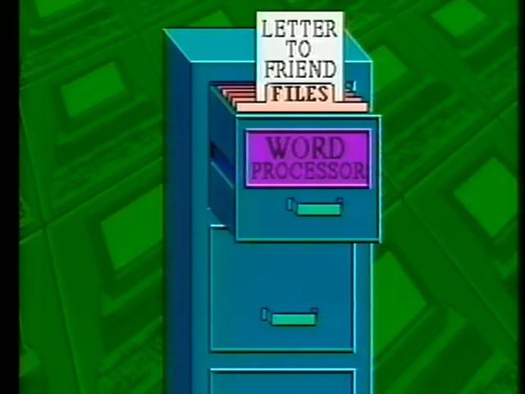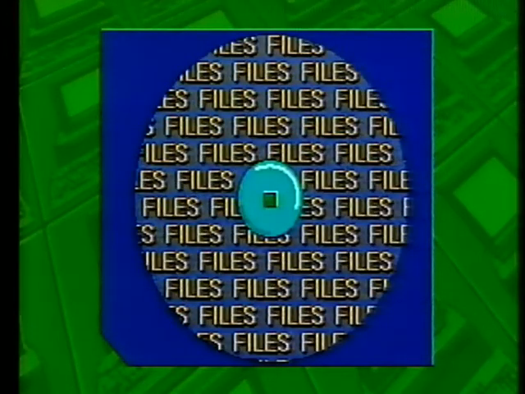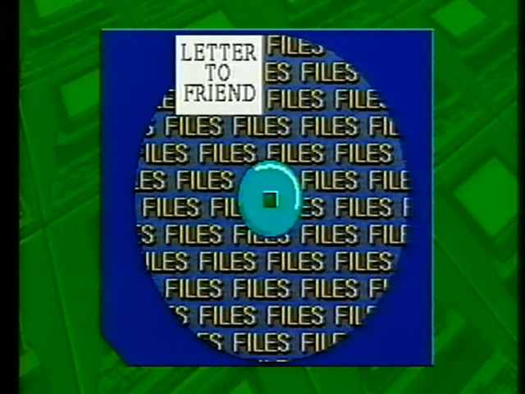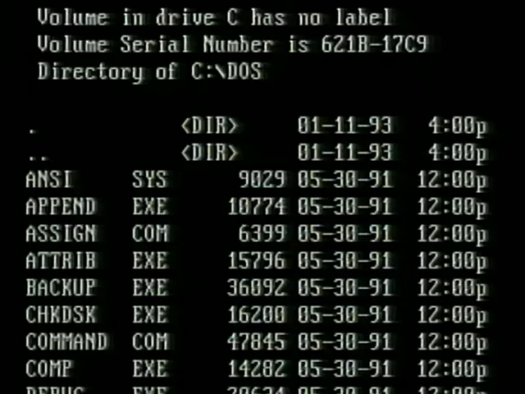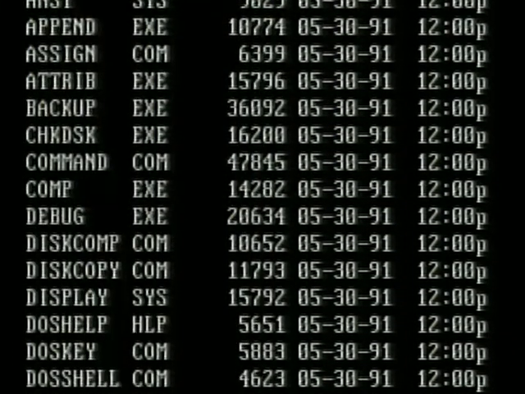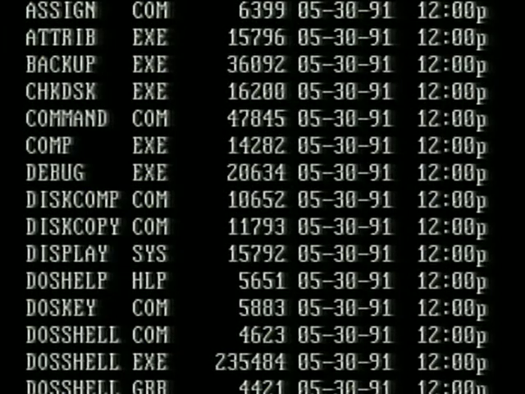The same is true for the files on the disk. If you had a letter to a friend, all you would do to see it is open that file. This is an oversimplified explanation because each file has certain procedures that need to be followed to open that file. The files you see on this DOS directory are separate programs that the computer needs to operate and to perform